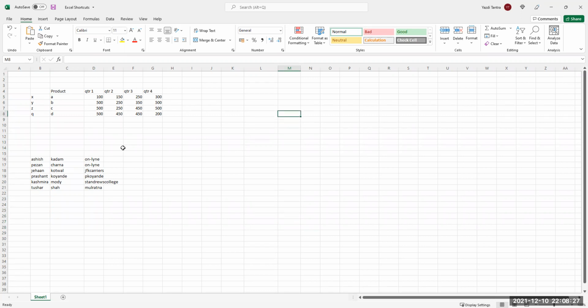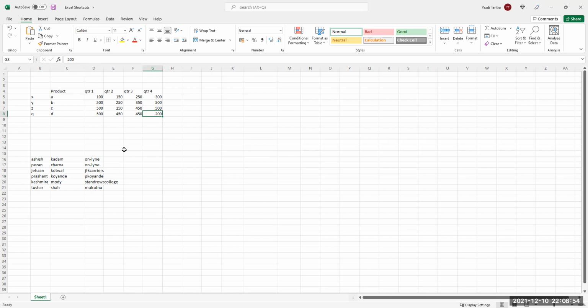Again, as I'm saying, there are some 200 columns, and I want to reach this column directly. So you just use Control and arrow key. Control and right arrow, directly come. Control left arrow, you come here. Control down arrow, you come here. Control right arrow, you come here.